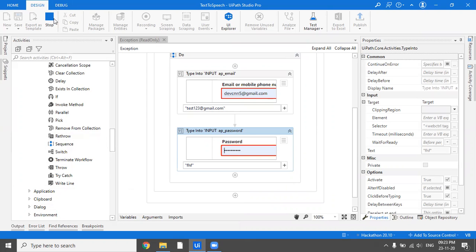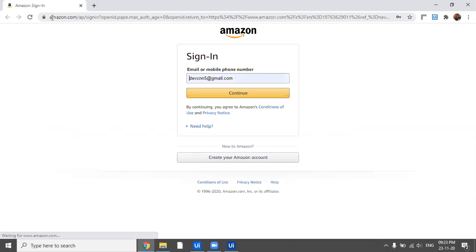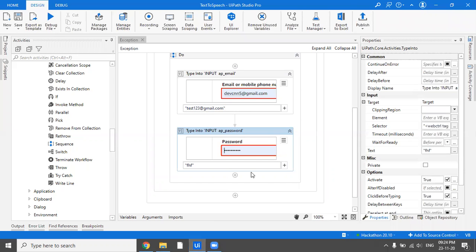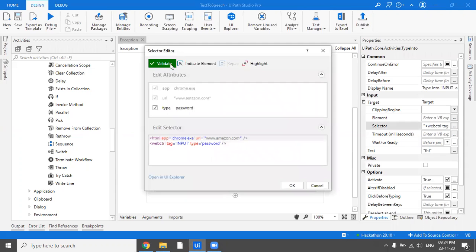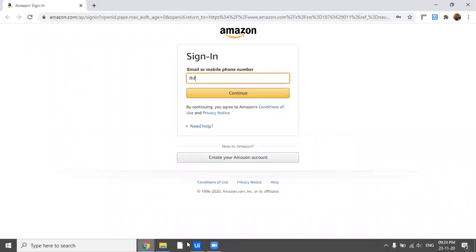It's taking too long to run. Okay, it has now started the execution. So it's opening amazon.com and then would be entering the mail ID. It has entered the mail ID, and now it has entered the password on the same screen and did not throw an error, and that's because this selector must also be getting validated here itself. Okay, so as you can see, the password field was also getting validated.